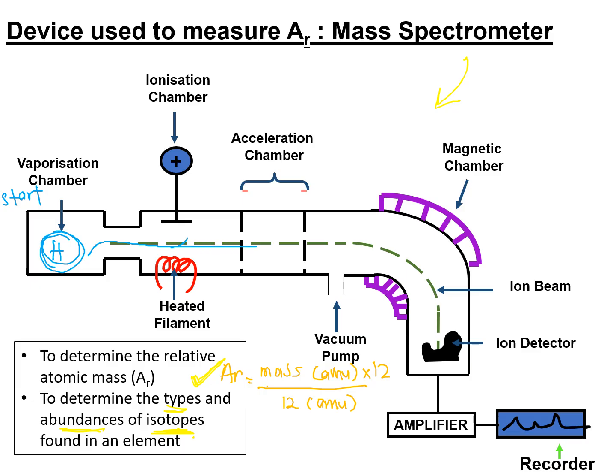Lepas tu dia akan accelerate here. So dia akan pergi magnetic chamber. Lepas tu dia kena beam dengan ion, and dia akan pergi dekat ion detector di sini. Okay. So what ion detector ni buat? Dia akan pergi ke amplifier. And then amplifier ni pula dia akan show the recorder di sini, dia akan record lah